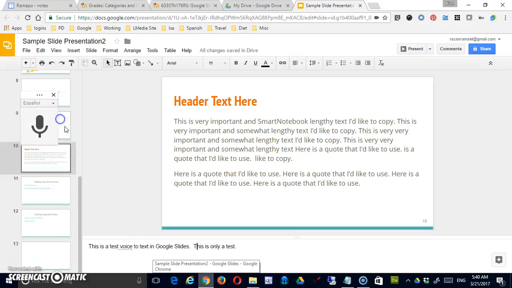Just to demonstrate, if you did it in Spanish, it would be looking for Spanish words. So,